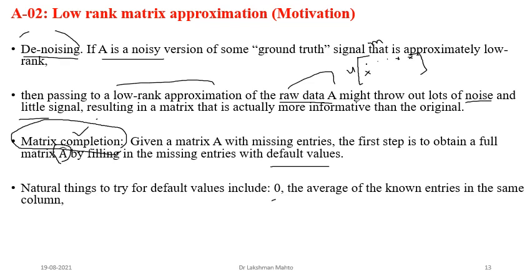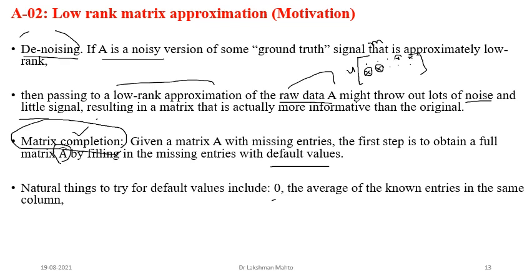Suppose the second user has not watched the first movie, so he won't provide a review for that. Also he has not watched the second movie, so he can't provide a review for the second movie as well, but he has watched another movie. Likewise, simply I would like to say that in this user versus movie matrix, you see various missing entries.